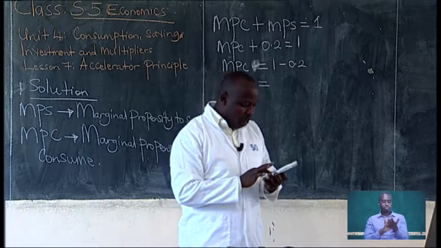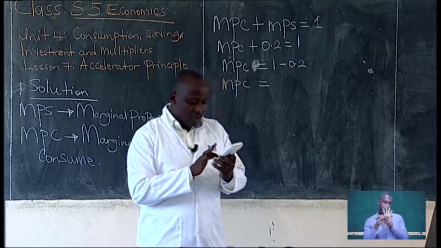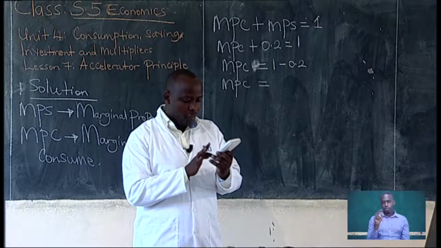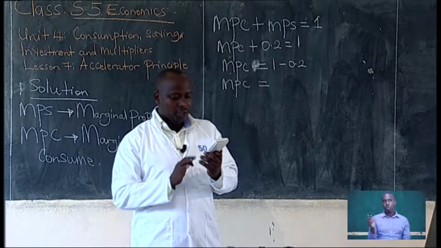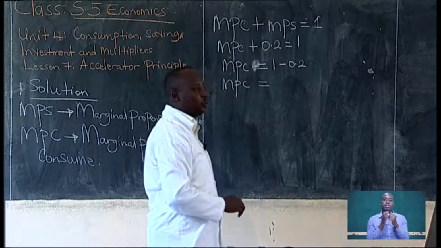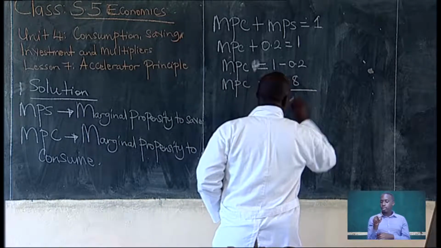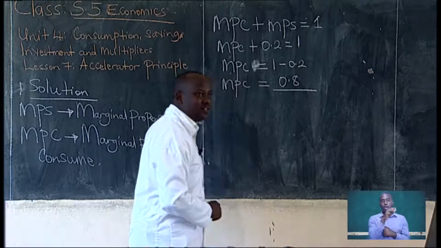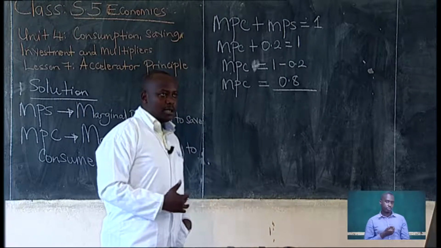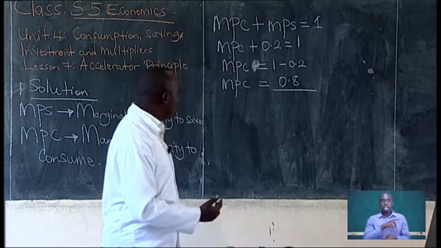If you get 1 minus 0.2, we shall get 0.8. Now, our marginal propensity to consume is 0.8. The fraction of the additional income that is consumed is